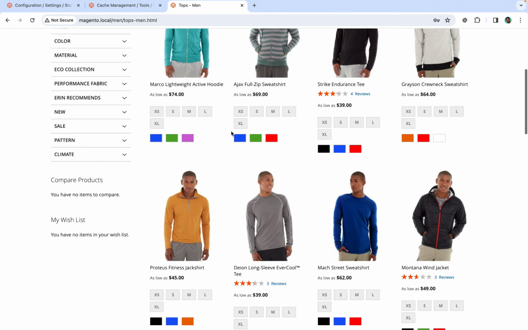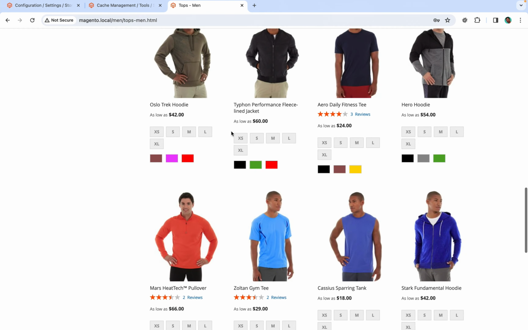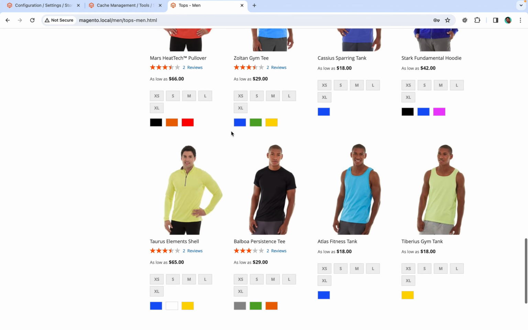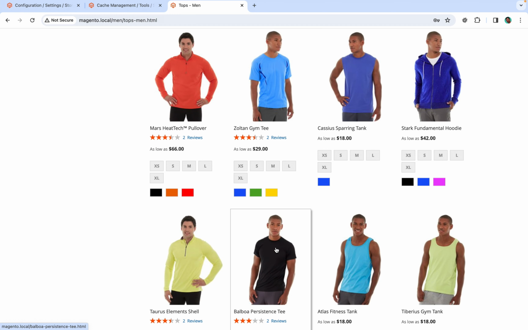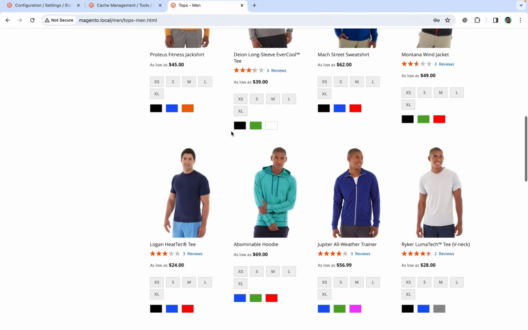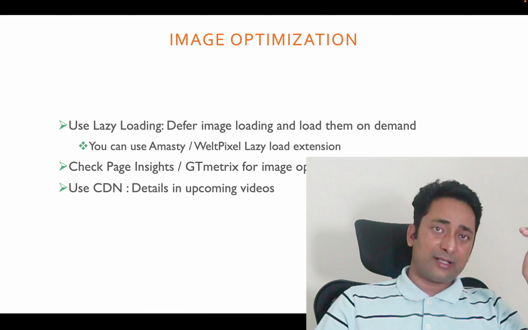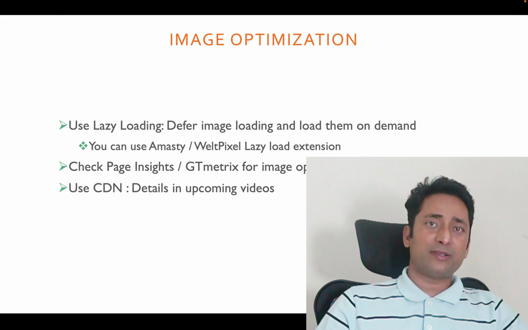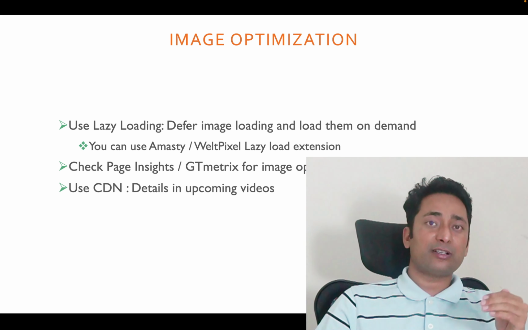When we land on the page, in the first instance, let's say only 9 products are visible and we have loaded 24 items in the page. So images for all these 24 products should not load in advance. What should happen is, when we scroll down from the first set of 9 products to another set of 9 products, that time images for those next 9 products should load.